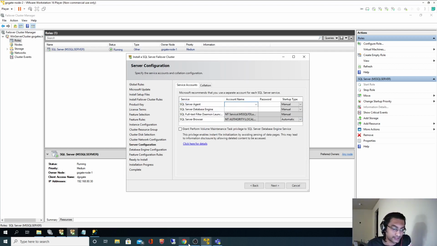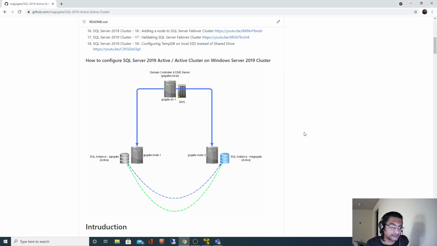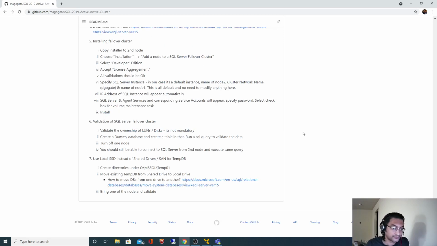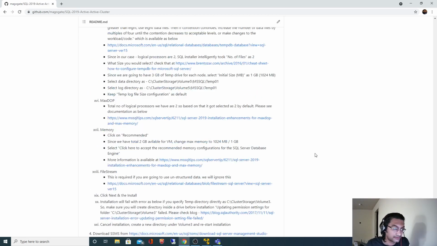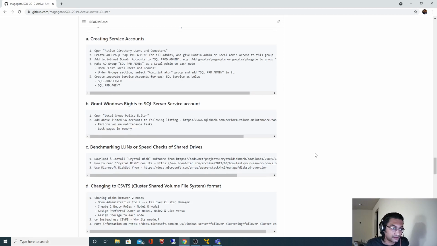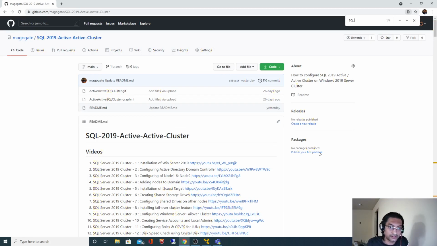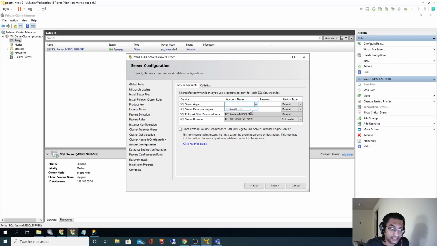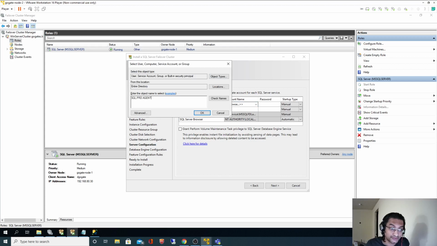SQL Server agent. If I go back to my documentation, I think SQL dot itg. These are the things. I will use a service account. As I discussed earlier, we should not use a user-specific account.